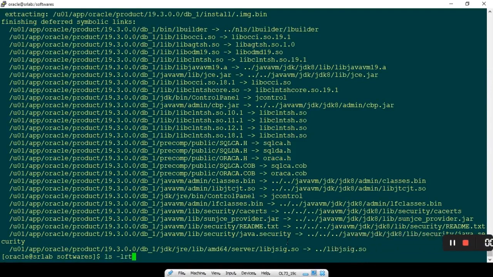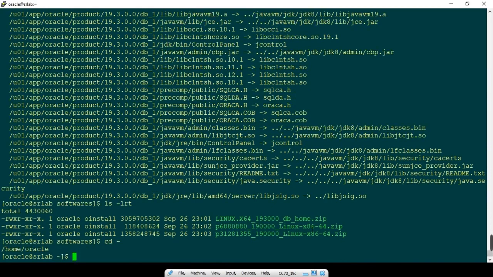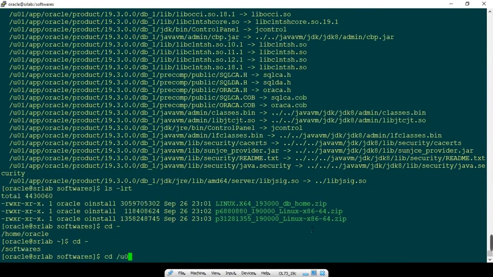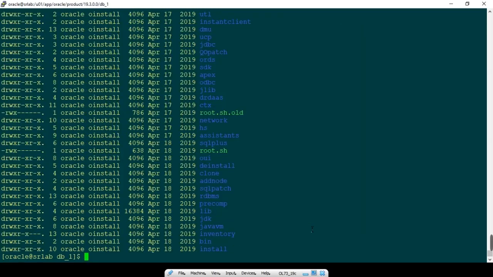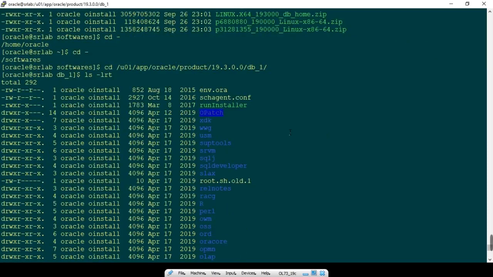Next, we will go to the Oracle 19c directory. What we will do is replace the OPatch version.